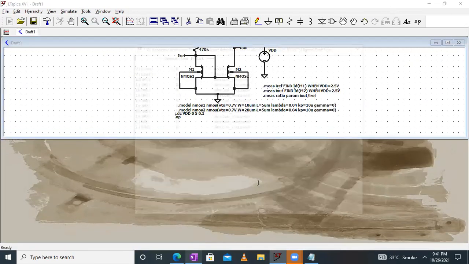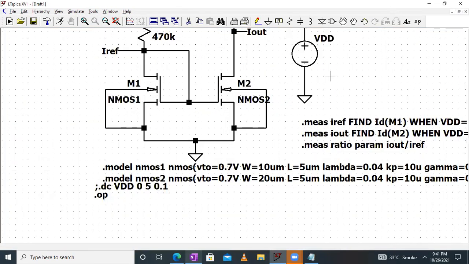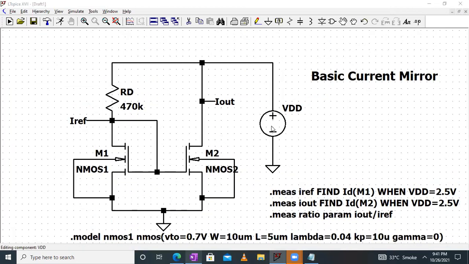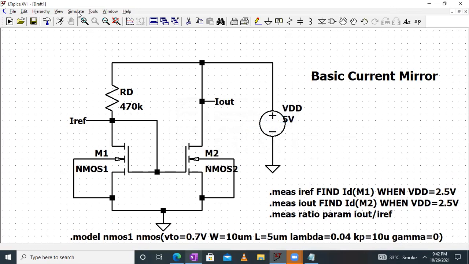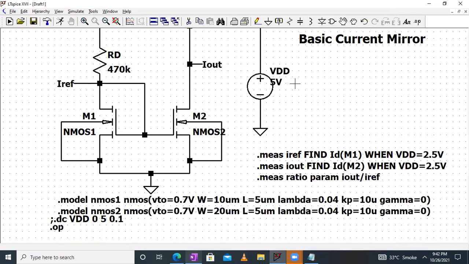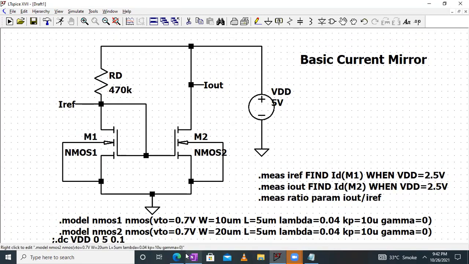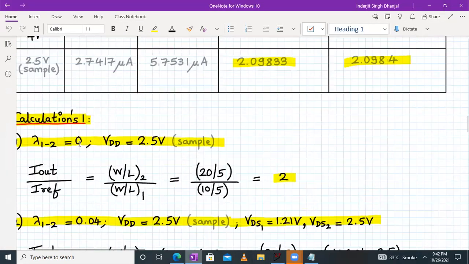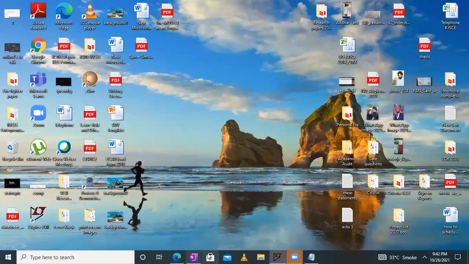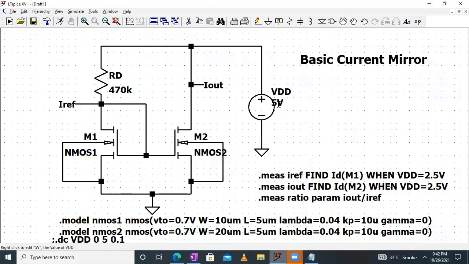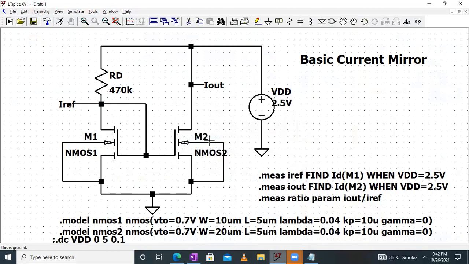Click OK. For this analysis, we require the VDD value to be, sorry, not 5 volt, but 2.5 volt, because right now we are checking the readings at VDD equal to 2.5 volt.